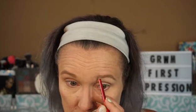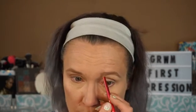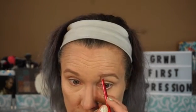I'm not doing this to try to impress my husband or anybody. I do this so that I can feel a little more confident about myself. And that's what I love about makeup. And that's why when I hear people say things like, oh, it's just makeup. Well, to some people it might be. To me, personally,